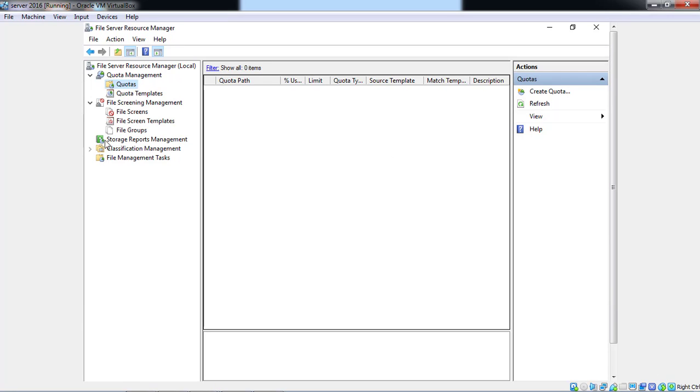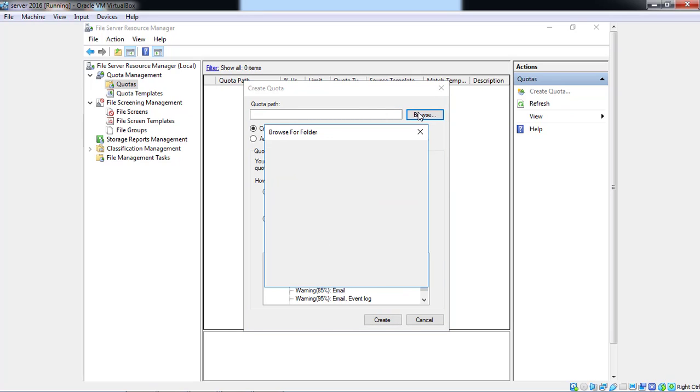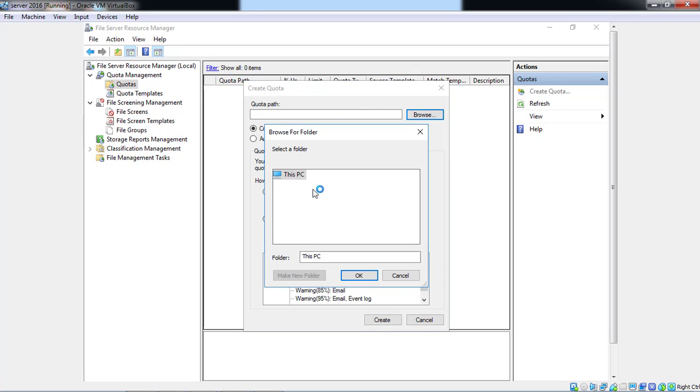Hi friends, after restarting the system, we can right click and create the quota. Now we give the path to the folder on which we want to apply this, so this home folder.